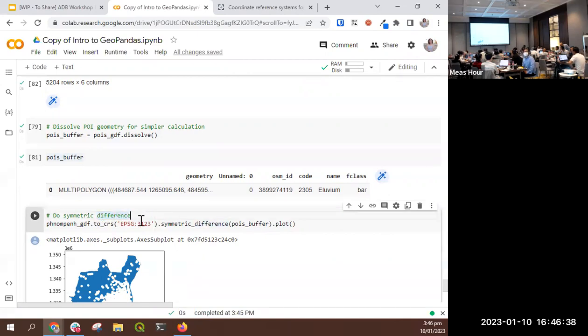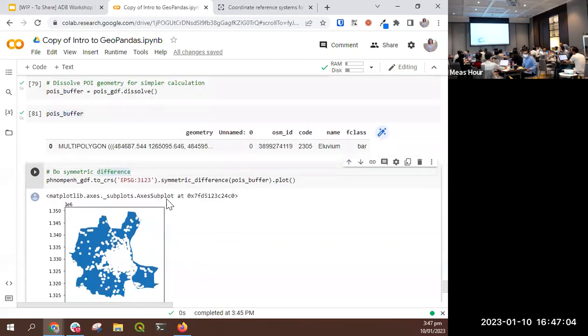So I know this wasn't covered in our discussion earlier, but what it does is if you stack our two data sets together, it's going to do sort of a subtract from the layer. So all the areas that intersect from those two layers will be removed. So as you can see here, if we do symmetric difference,